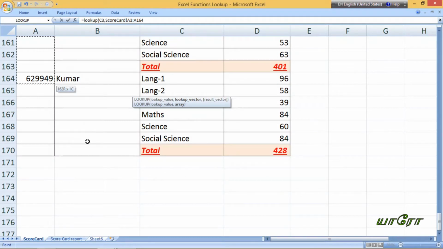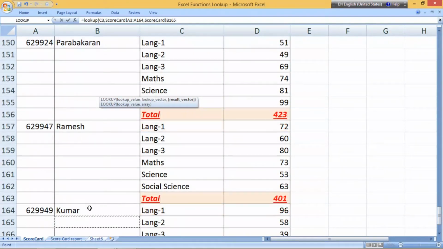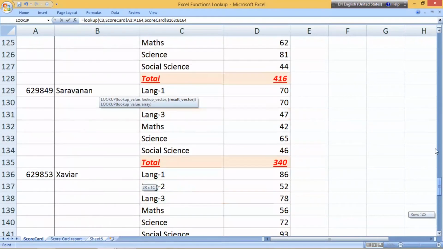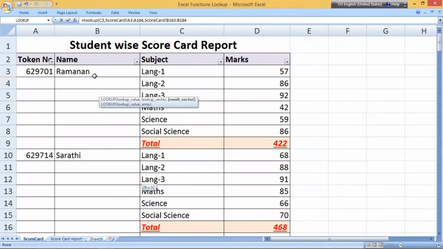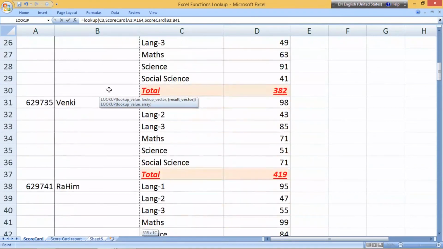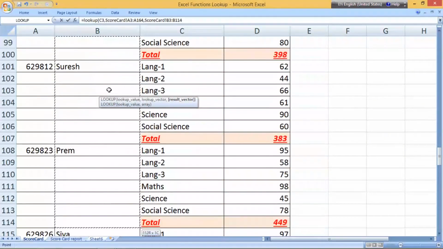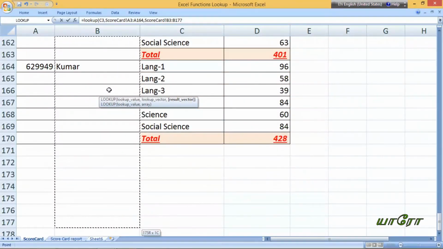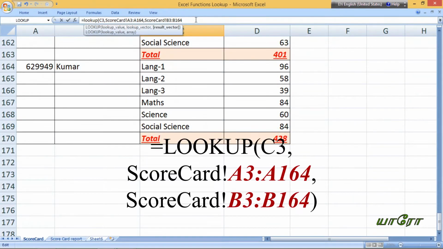Up to here I have to search that number and return this data. From here I am going to select the result vector. The result vector is selected.